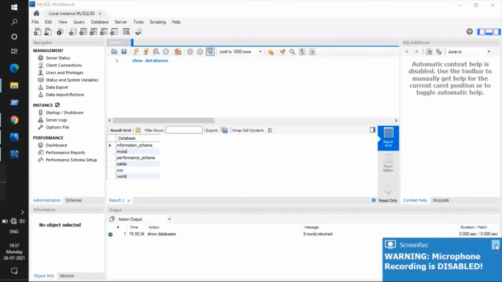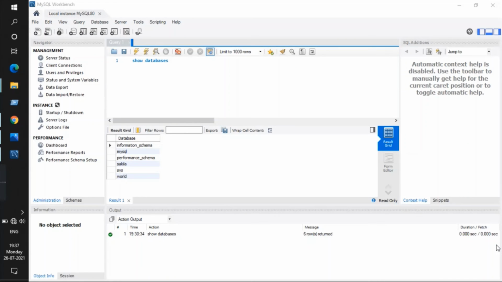So this was a video showing how to use the CRUD operations in MySQL database. Let me recall once. First of all, we created a database, and then we created a table, and then we inserted values inside the table, and then we used the select statement to view all the columns inside the table. We used the query select star from table name. If you want to view a particular column, like student ID, then select student ID from table name, and it will show only the student ID column values.